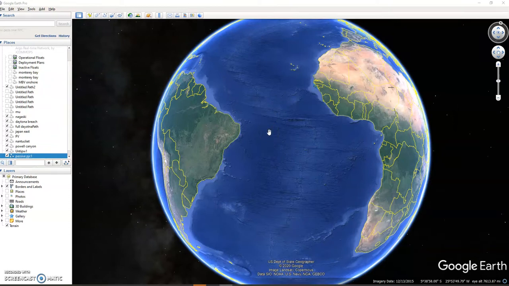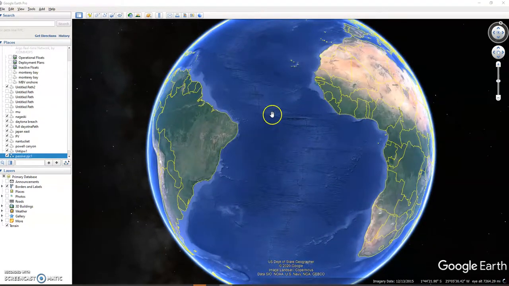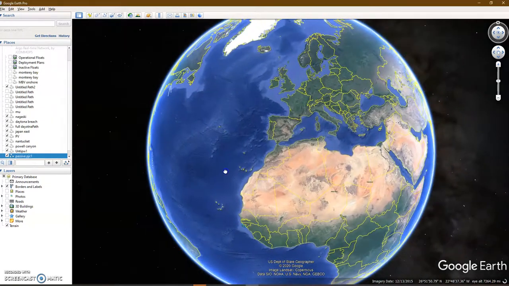I've got Pro here. I'll look at the web version for those of you who aren't having the Pro downloaded. You lose some functionality and it might be a little bit more steps you have to take than using the Google Earth Pro. But just remember when you're doing these assignments that you're looking for the edge of a continental